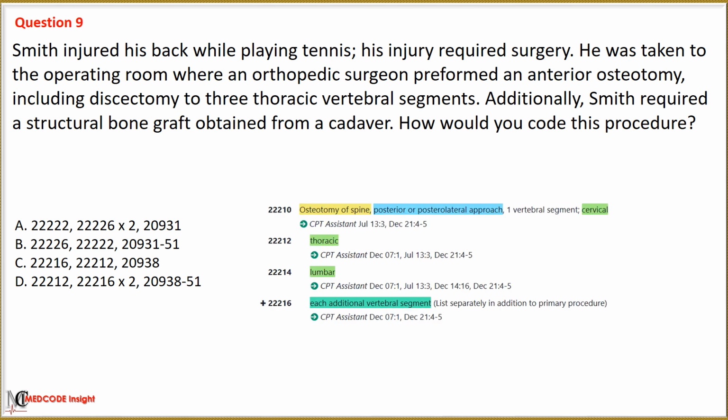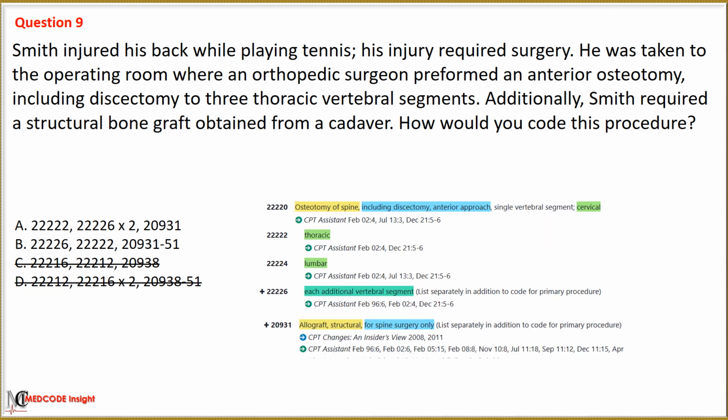In the given scenario, an anterior osteotomy, including discectomy, to three thoracic vertebral segments was performed. Since an anterior approach is used for the osteotomy, we can first eliminate options C and D, which are associated with the initial code for osteotomy of the spine using a posterior or posterolateral approach.